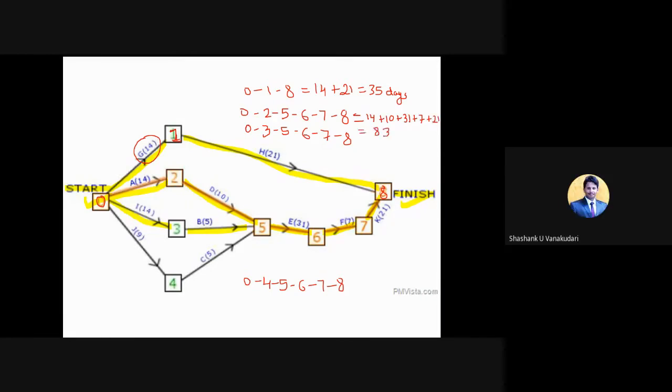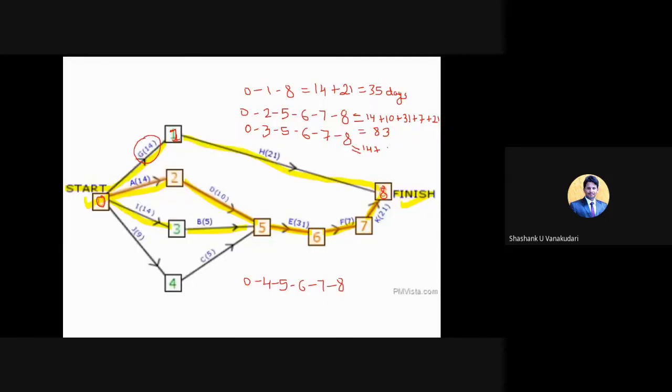Okay, and moving on to the next part here. 0 to 3, the third path, that is 14. And then 3 to 5, which is 5 days of duration, and then 5 to 6, which is 31.